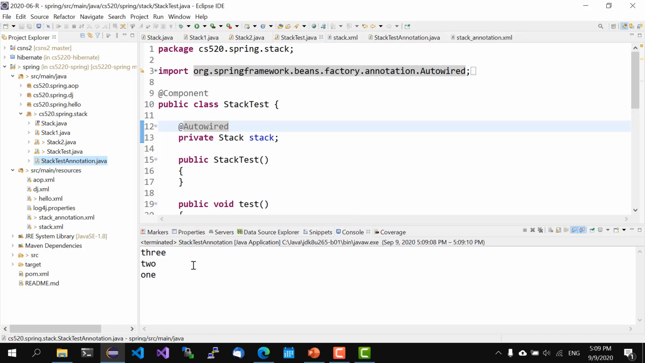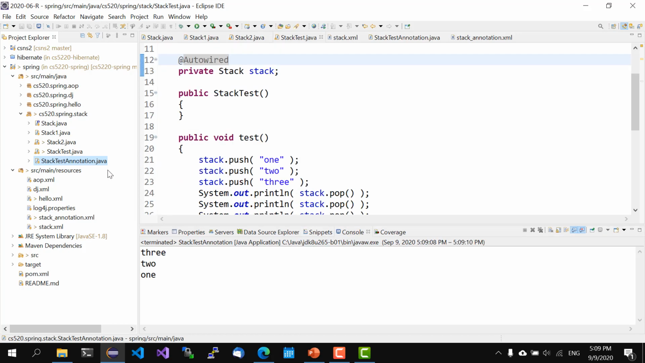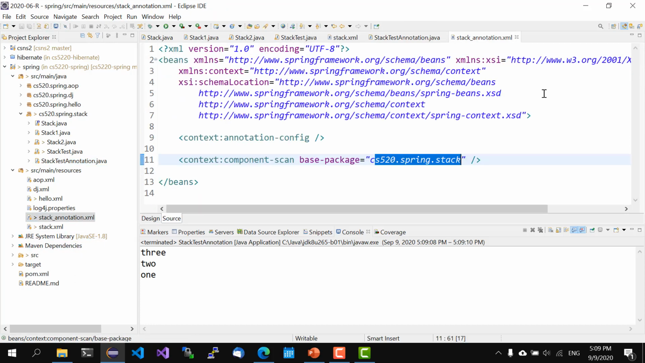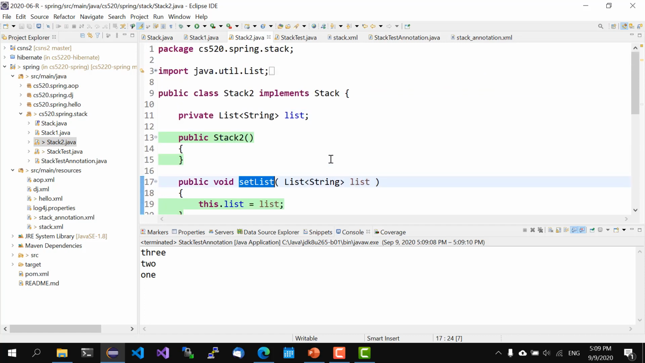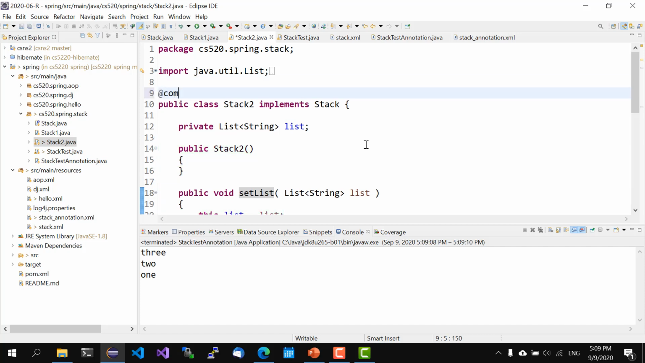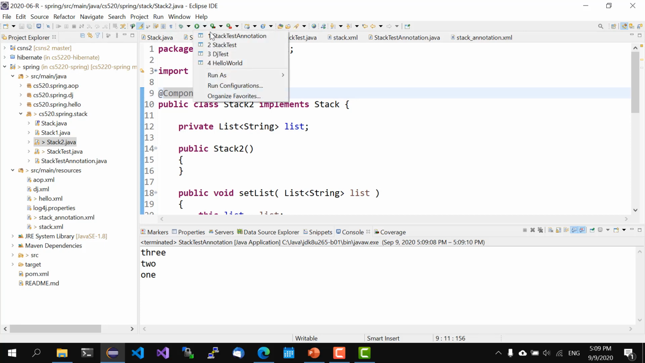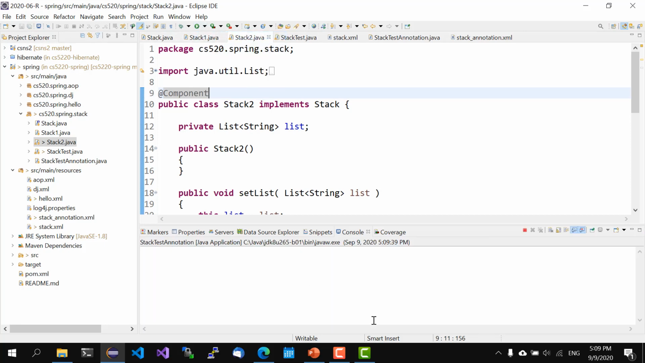So now it works, just like before, but now the configuration file is much simpler. So what if we also want to do what we did before, inject stack 2 into stack test? We can make stack 2 a component as well. And if we run the code again,